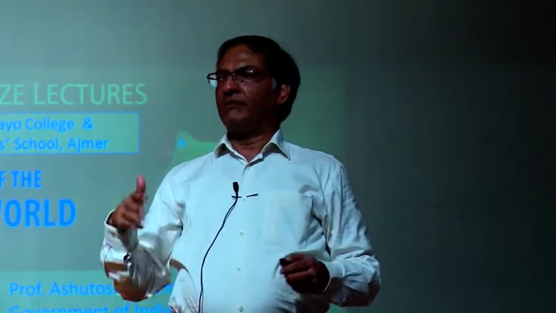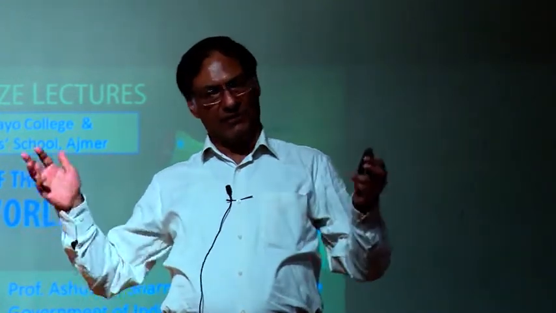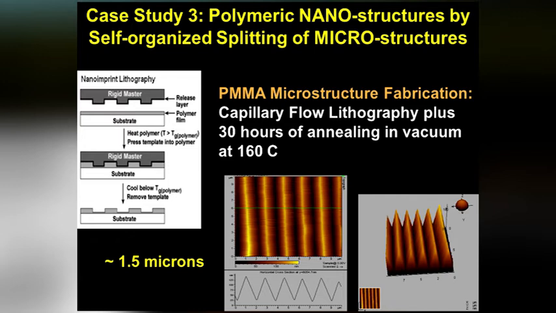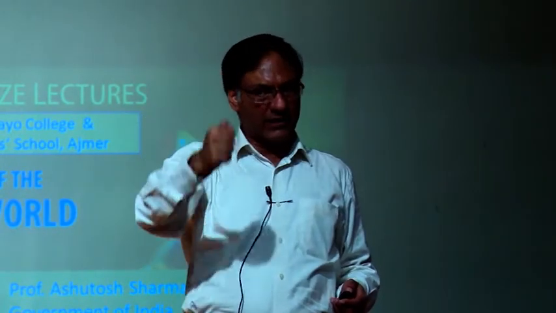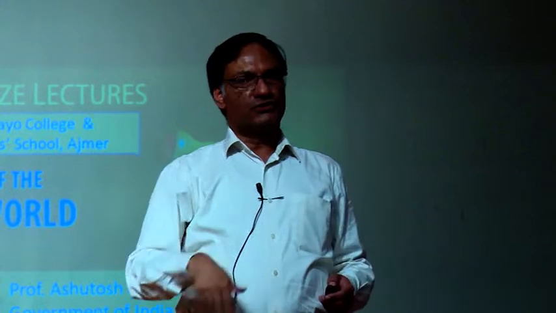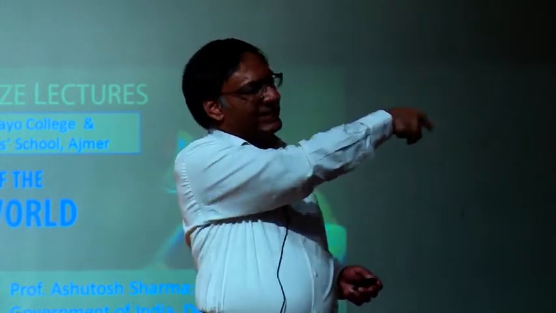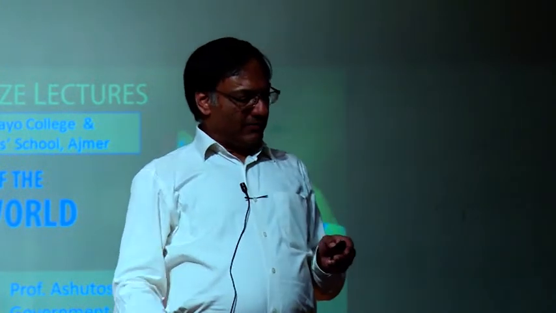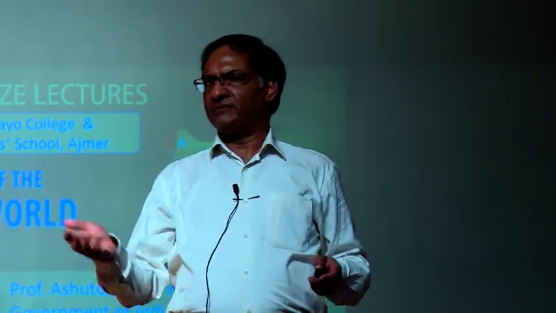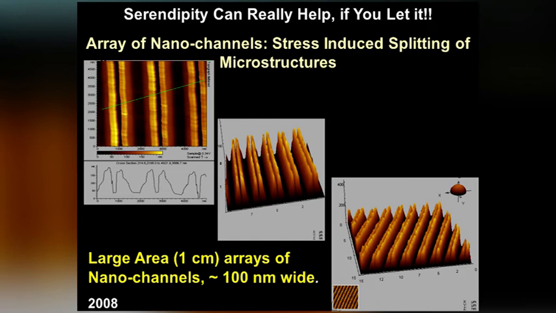So we wanted to actually replicate this structure in the lab. And one of my PhD students was working on it for 5 months. Basically, you make these structures by first creating a stamp, which has a replica of this structure, and then pushing it down very hard on a polymer or plastic, so you can recreate the same structure. Right, which was very good. This is the structure that he created by stamping, and unfortunately, right after stamping, the structure became like this. In other words, this pyramid is split into two, and the whole structure is destroyed, in a sense.